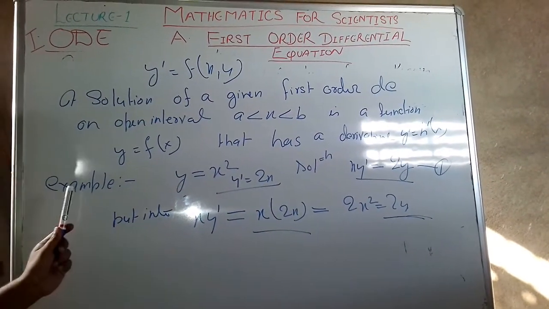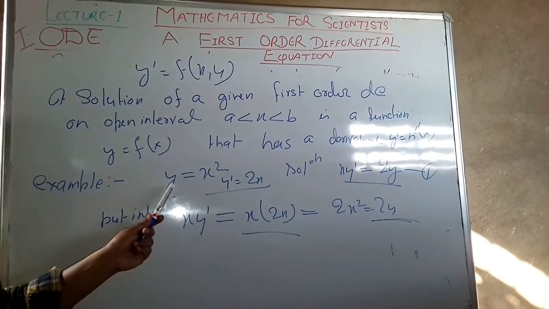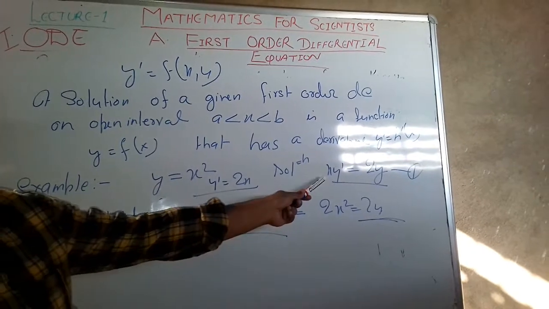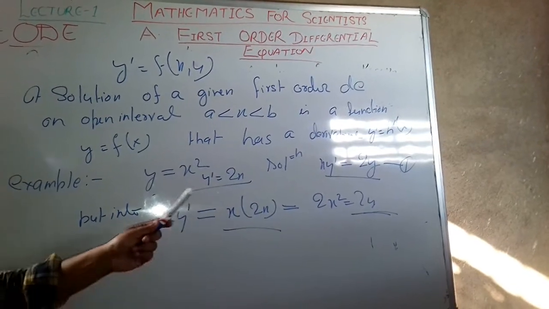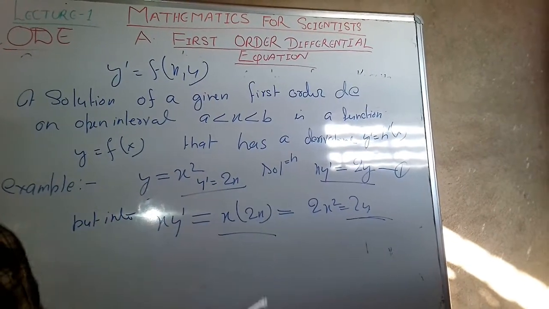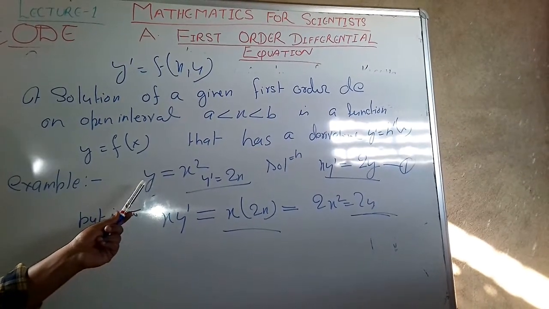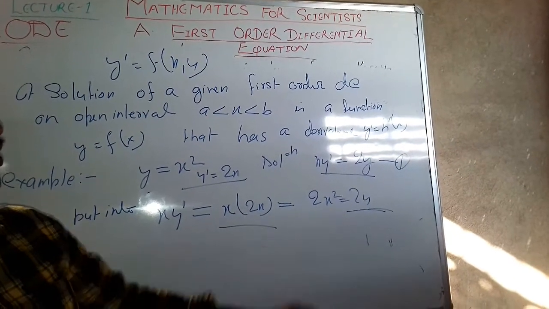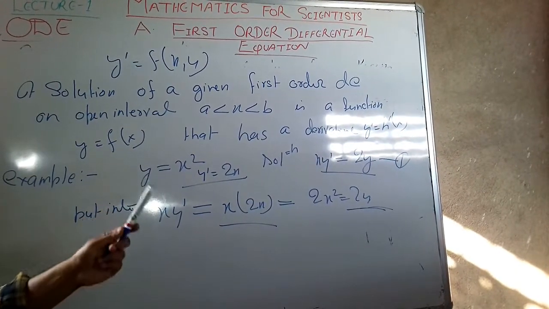Its derivative will be y' = h'(x). Suppose we take an example, y = x square. It's a function. Its derivative with respect to x will be y' = 2x, and suppose its differential equation is x y' = 2y. So how do we verify that this is the solution for this equation 1? Simply we put the function into the equation. So x y' = x times 2x, since when we differentiated y with respect to x we got 2x. So x times 2x = 2x square = 2y. It means this is the solution for y = x square.